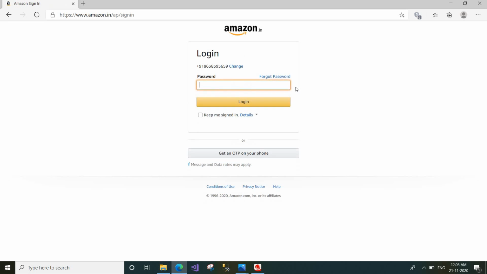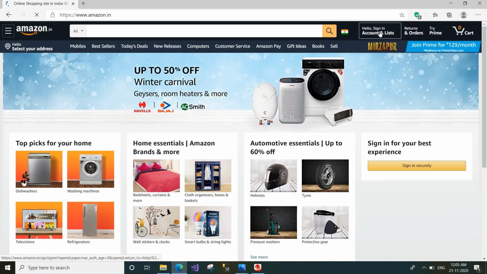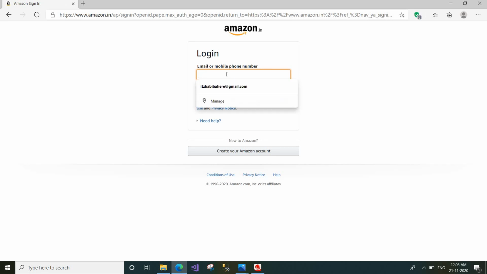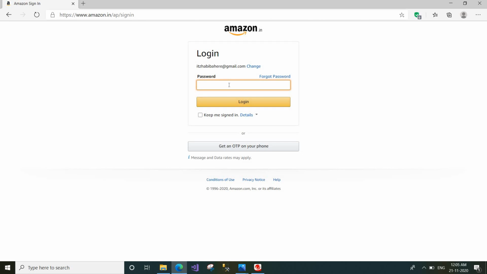I am logging in with email ID. Whether you log in with email ID or mobile number, the same page will open.